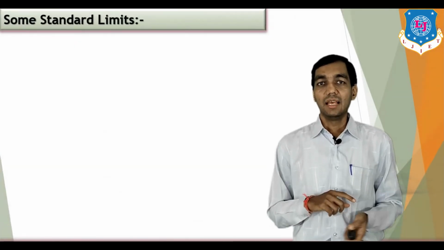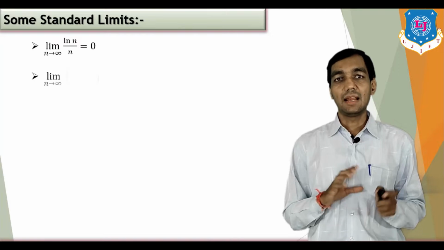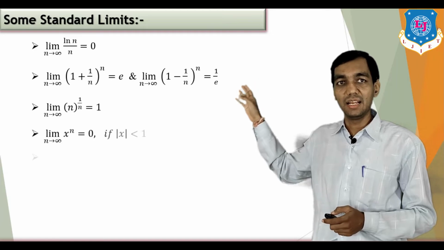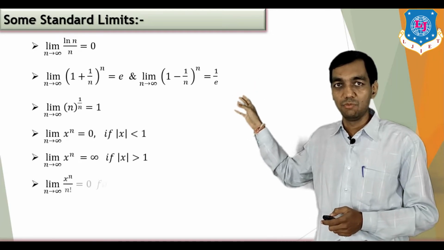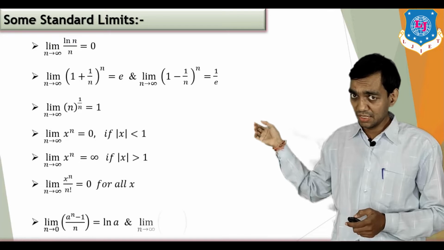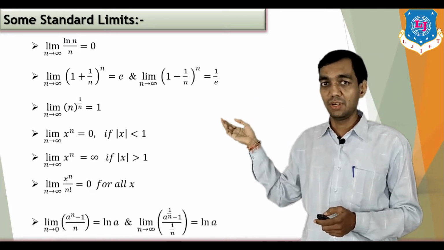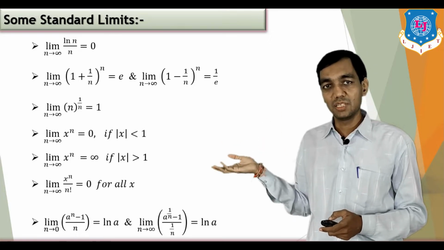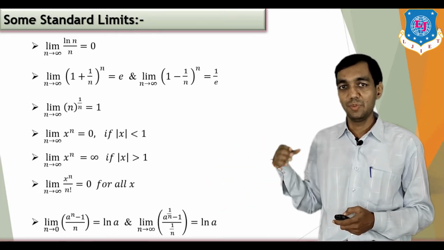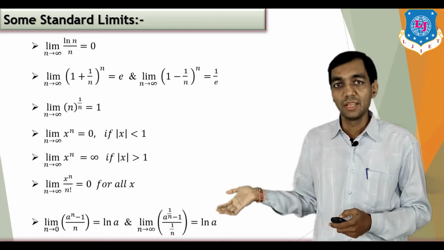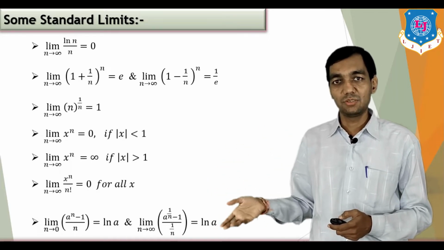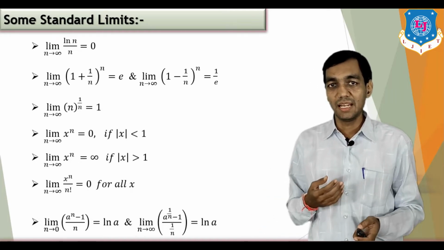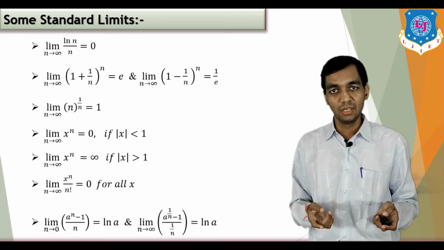Okay. Next we are going to start with some standard limits. The first limit is the limit as n tends to infinity of log n upon n, which has a value 0. The second one is the limit as n tends to infinity of (1 plus 1 upon n) raised to n, which is equal to e. And if we replace the plus with a minus, that means the limit as n tends to infinity of (1 minus 1 upon n) raised to n, then it will be 1 upon e. In the same manner, the next one is the nth root of n, where n tends to infinity, which has a value 1,